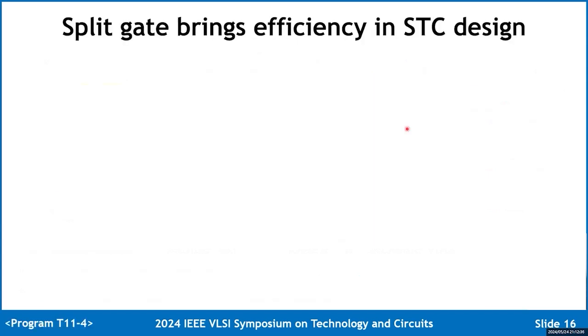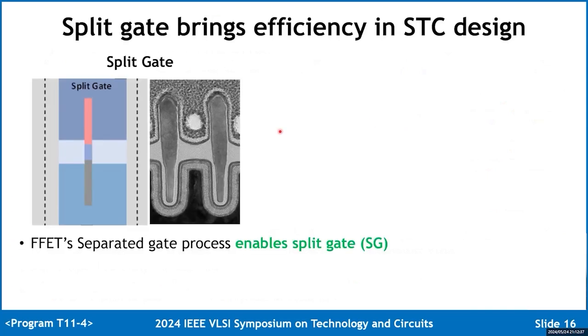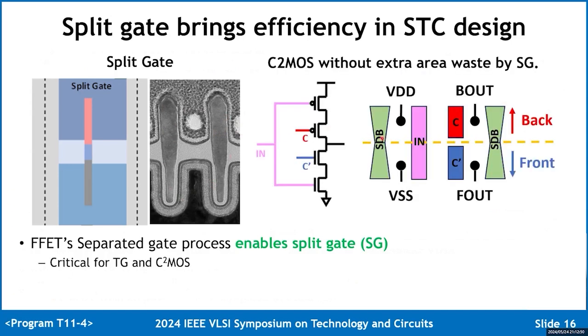The answer is yes. The FFET separated gate process enables the split gate. The split gate means stacked gates on different sides are controlled by different signals. This is critical for transmission gate and C-squared MOS. For example, in C-squared MOS, some CMOS are controlled by a complementary